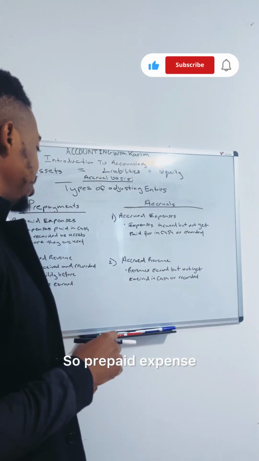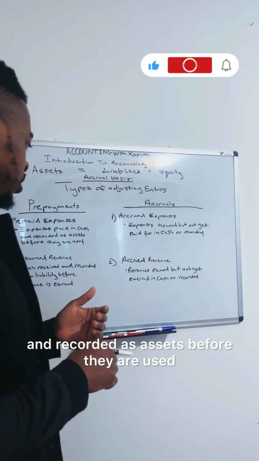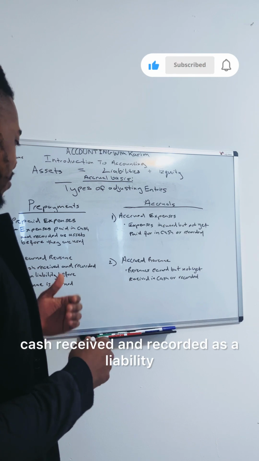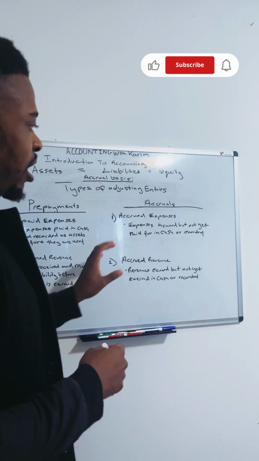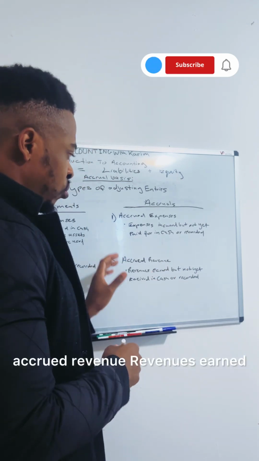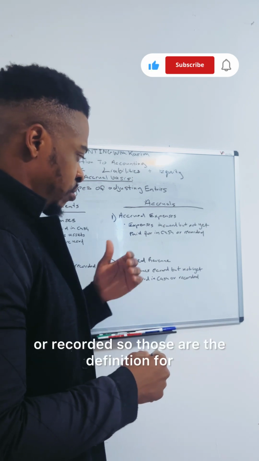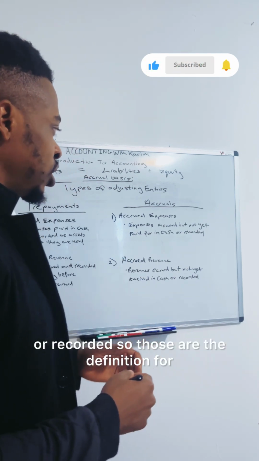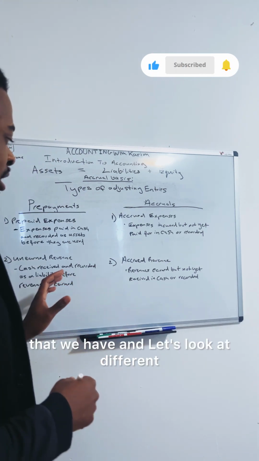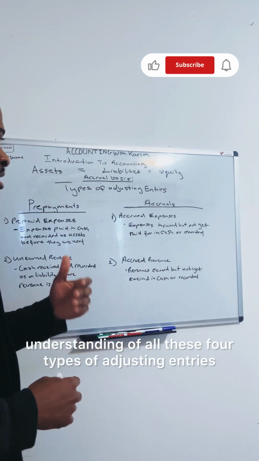So prepaid expense, expenses paid in cash and recorded as assets before they are used. Unearned revenue, cash received and recorded as a liability before revenue is earned. Accrued expenses, incurred but not yet paid for in cash or recorded. Accrued revenue, revenues earned but not yet received in cash or recorded. So those are the definitions for each of the adjusting entries that we have. And let's look at different examples for each so we can have a better understanding of all these 4 types